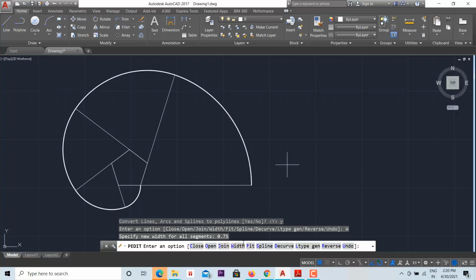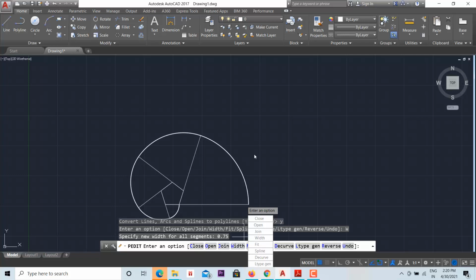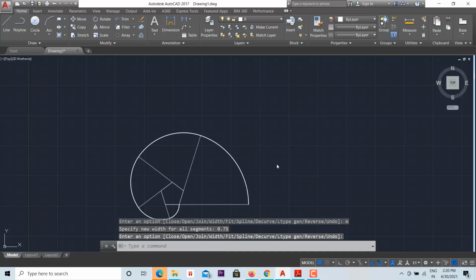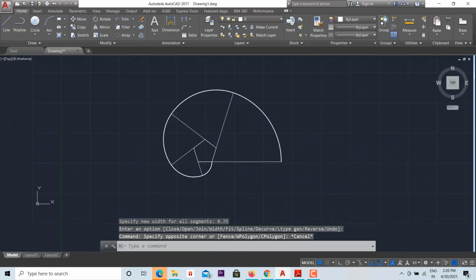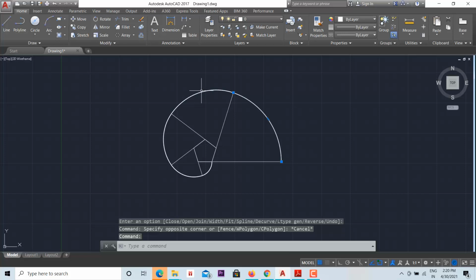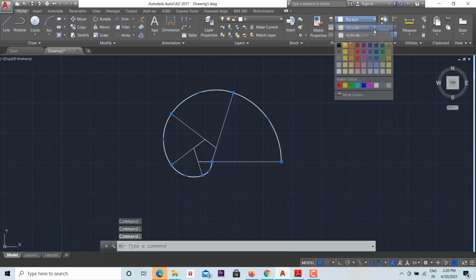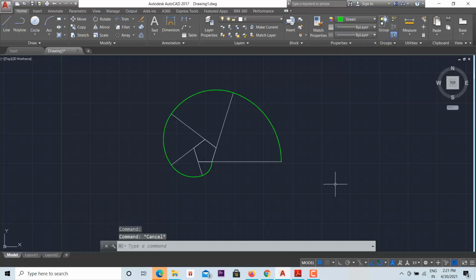You can see the width of the involute curve alone has been changed. You can also change the color by selecting all the portions. So this is how you have to do.